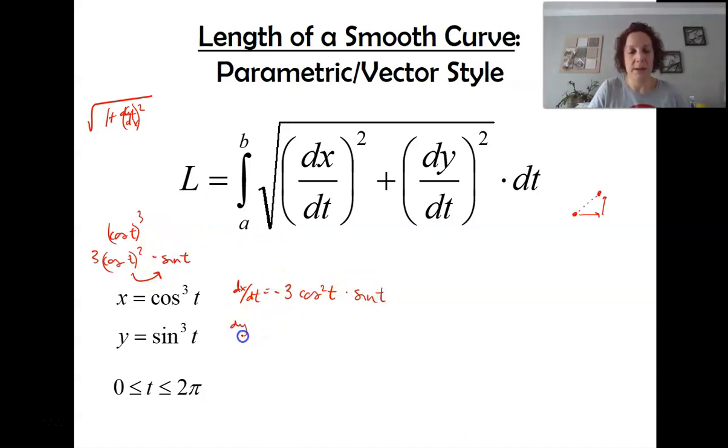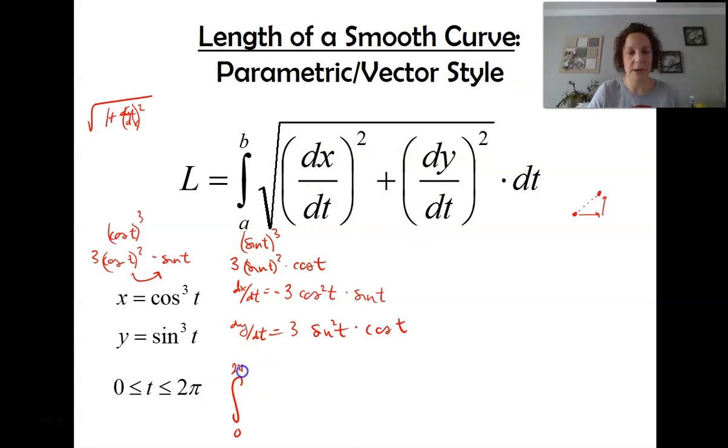And my dy/dt, if I don't rewrite it like this, I almost consistently forget the chain rule. I don't know why. You'd think I'd have figured it out by now. So I've got 3 sine t squared, derivative of sine is cosine. So here I have 3 sine squared t cosine t. So if I want to find my length